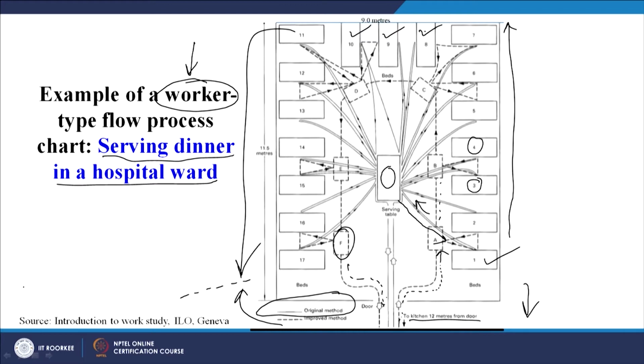So this is another method of serving the patients on 17 different beds.